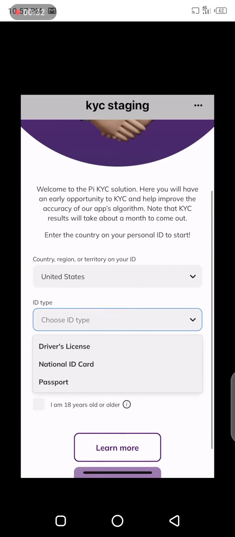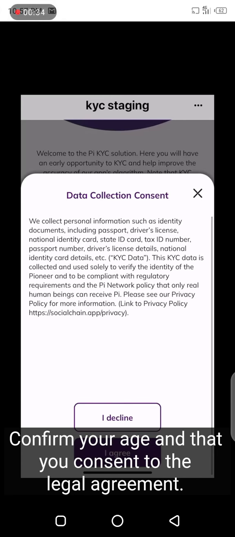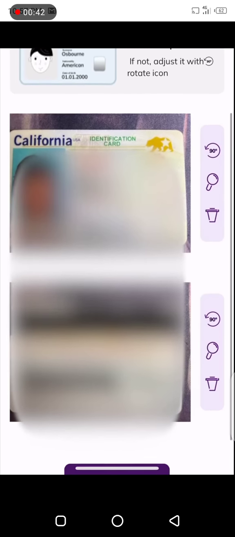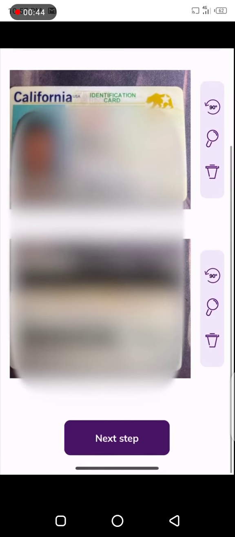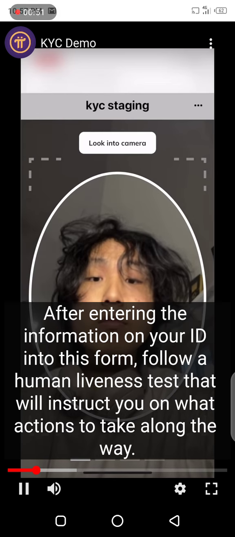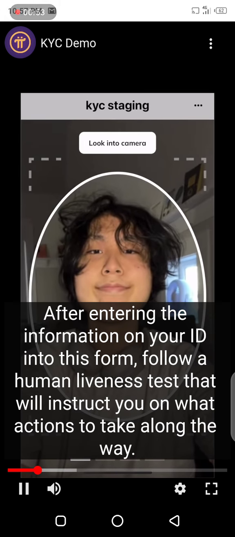First, you will be asked to input your country and ID type that you'll use to verify your identity. Confirm your age and that you consent to the legal agreement. Next, take a picture of your ID photo. After entering the information on your ID into this form, follow a human liveness test that will instruct you on